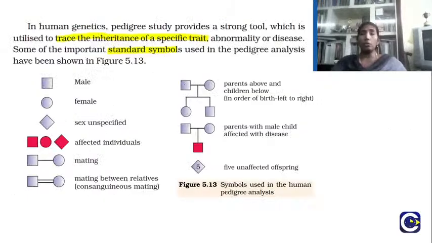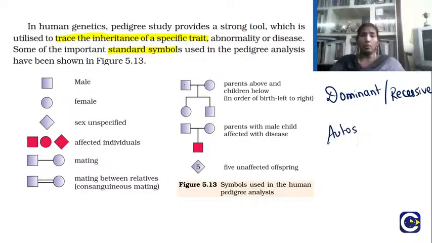Before going into this, I would also like to tell you how to read a pedigree chart. The first thing you need to remember is that we have 23 pairs of chromosomes, which include autosomes and the allosomes, or sex chromosomes. So the disorders can be either dominant or recessive, and at the same time